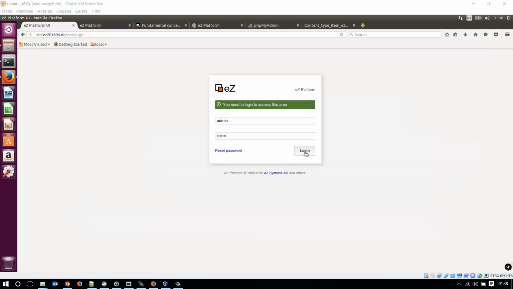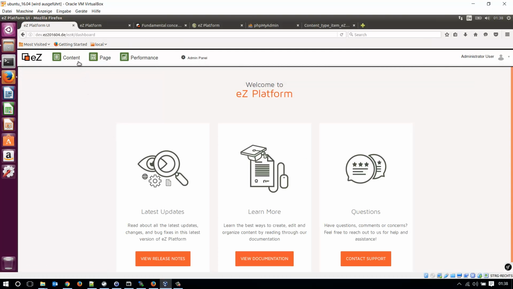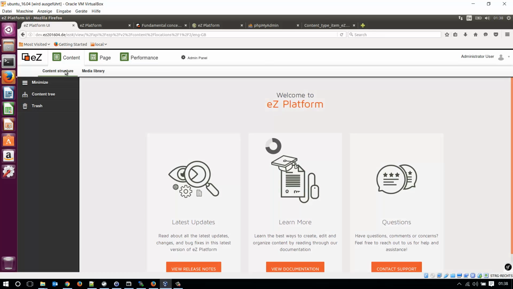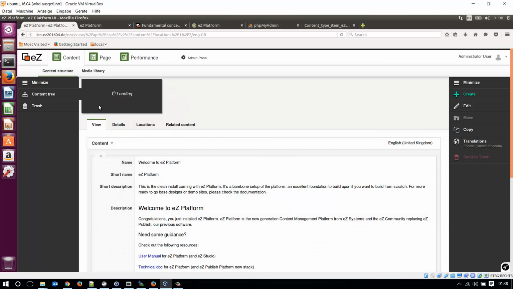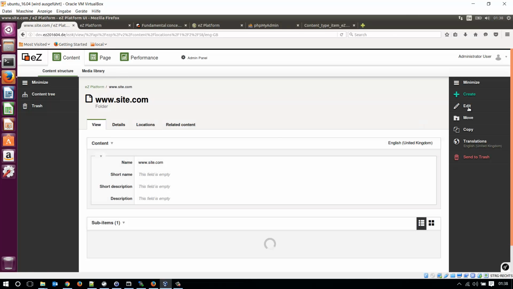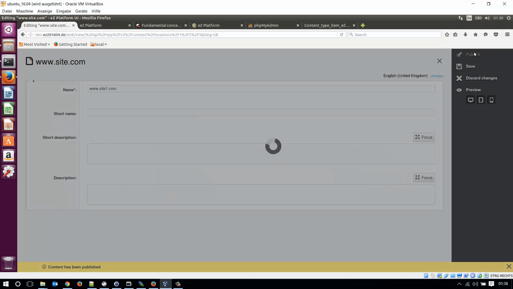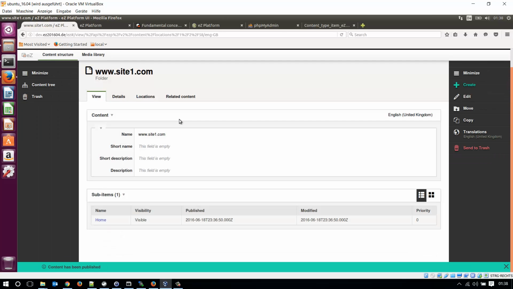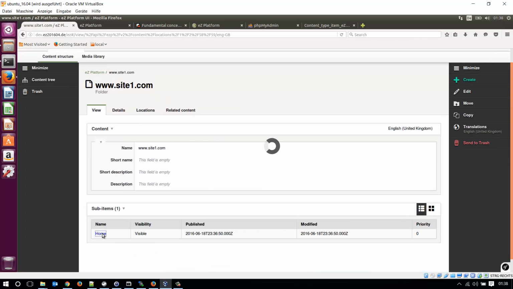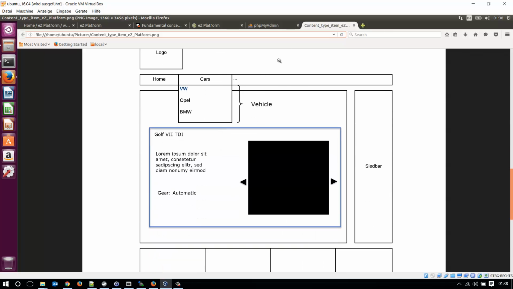So I was logged out from the system. Let's go back to the content tree. And I want to edit this one and say this is site 1. So it contains the home page for the site,